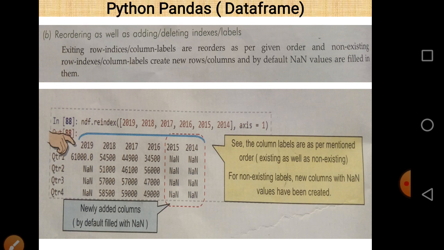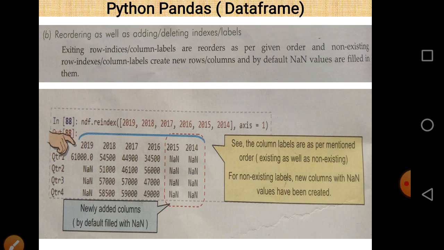So in this case we can easily see that not only do we change the order of columns, but we also insert two other columns. Then what happens, is there any error after the execution of this statement? We can see that it is successfully executed, it does not raise an error. But regarding 2014 and 2015 as columns, there is a value represented by NaN, meaning not a number.